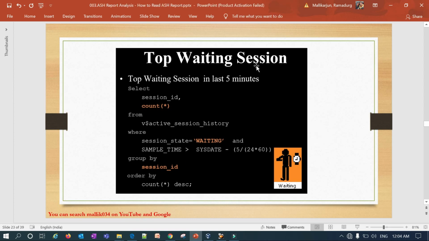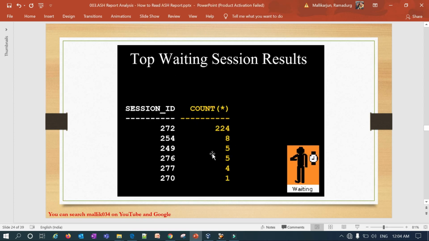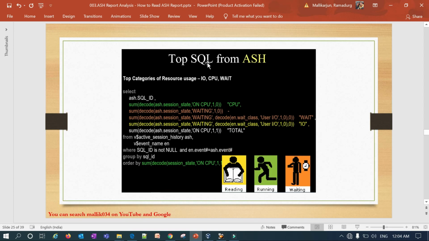The result is the session ID and this many counts. And then top SQL from ASH: you can run this SQL where SQL_ID is not null, and you will get the top SQLs reading, running or waiting.